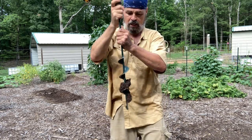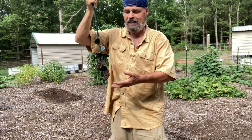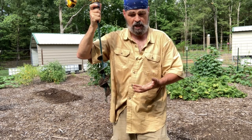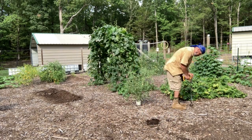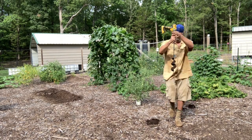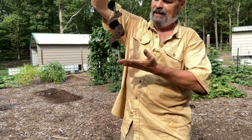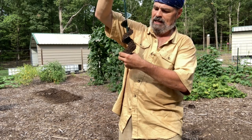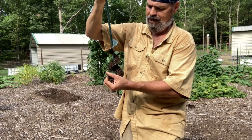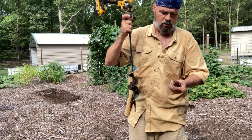All right. So basically when I do this, what I have got is a rudimentary soil sample. See if I can get a better sample. But you get the idea, okay? You get the idea. That's about as deep as I'm getting right now. And right now we got that 5.5 inches of rain about 2 days ago, and that's why I come out here with this thing and thought, well, let me just share some thoughts on this little tool